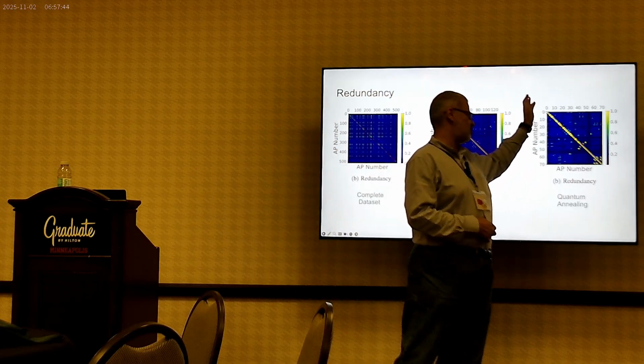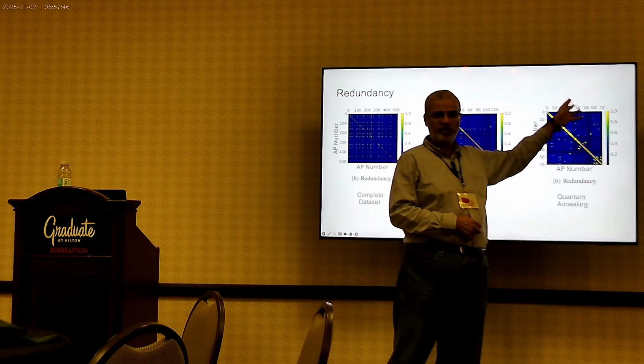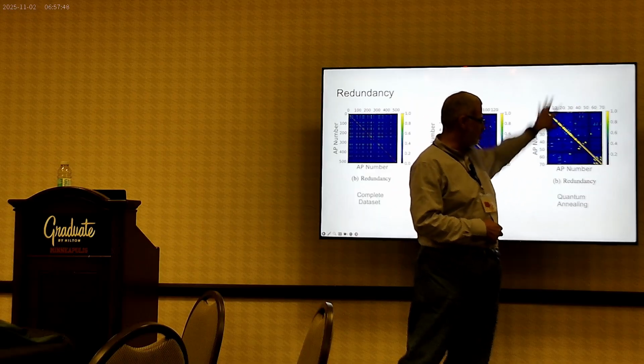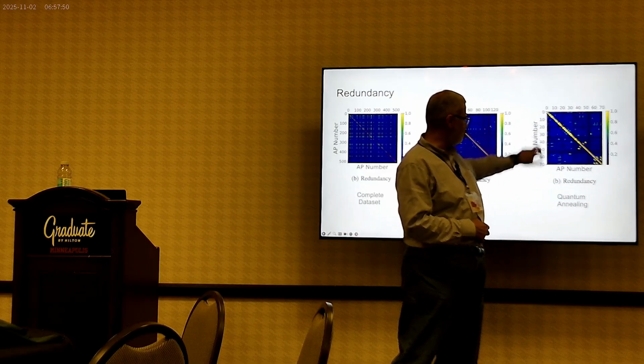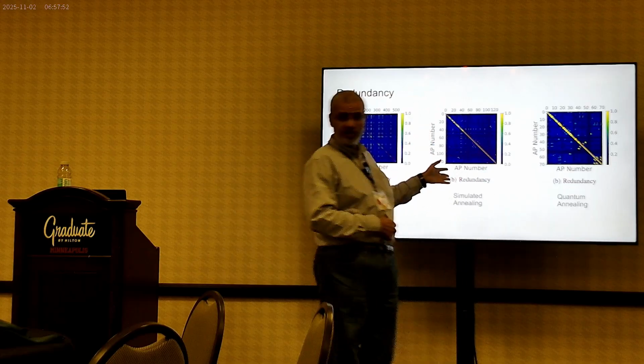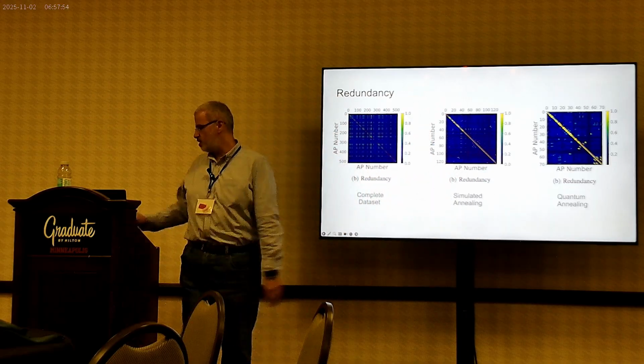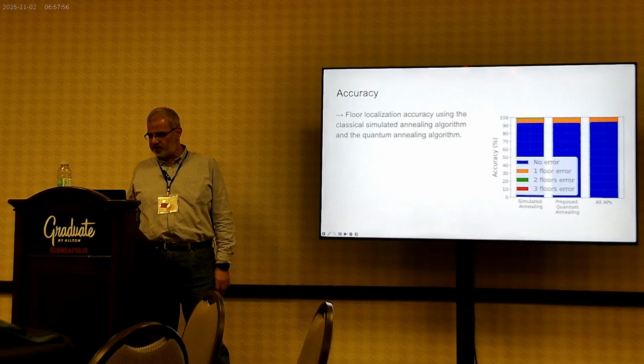Here, you can see just yellow on the diagonal, which is the access point against itself. And almost everything else is blue. And you have a much lower number of access points compared to simulated annealing. In terms of the accuracy,